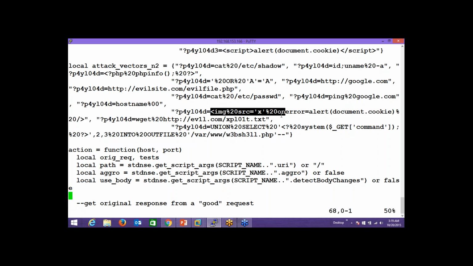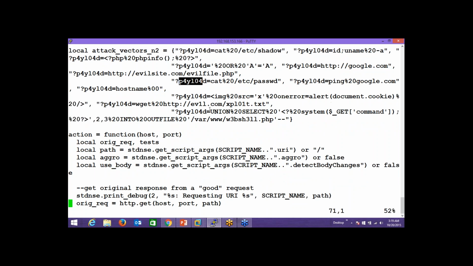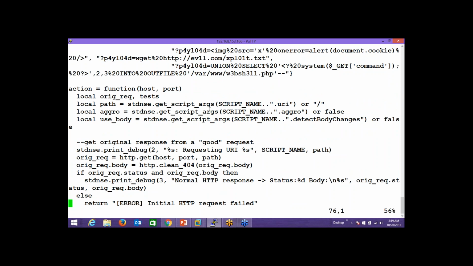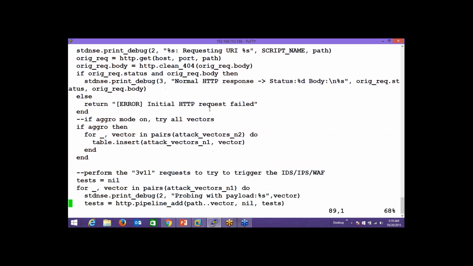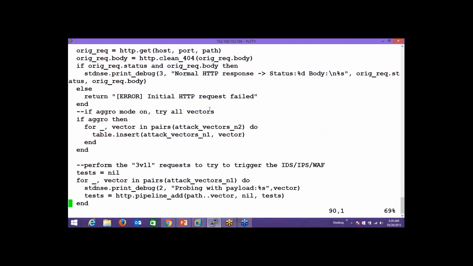Now realize none of these attacks are valid. Everything is question mark, misspelled payload equals, and these attack strings. So basically like 7 attack strings, right? If you give me anything other than a 404, I mean, that's really what it does. If you give me anything other than a 404, it goes, hey, you triggered something, like that's it. So I wouldn't call it the most sophisticated script out there, right? It certainly doesn't fingerprint what the defensive mechanism is. But,